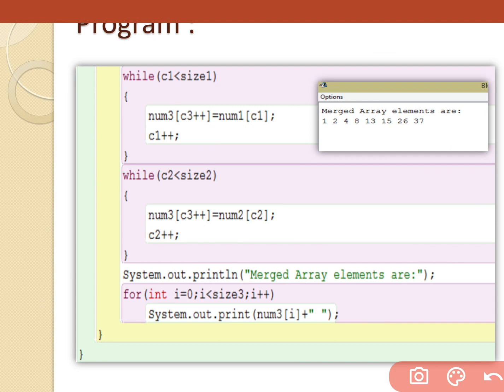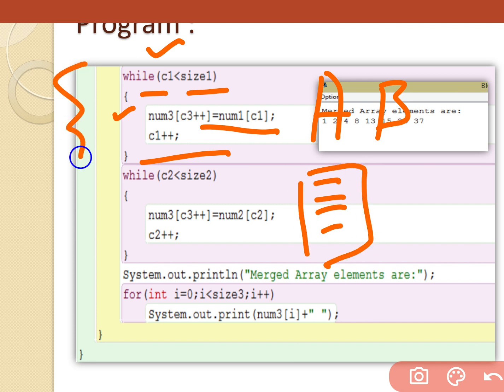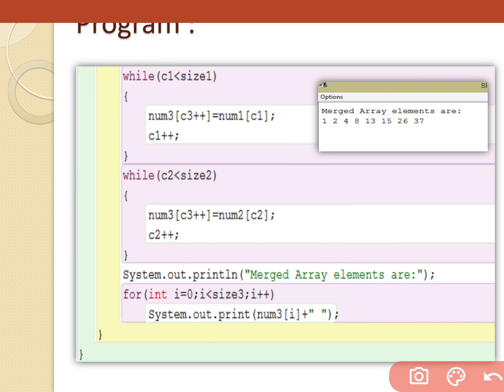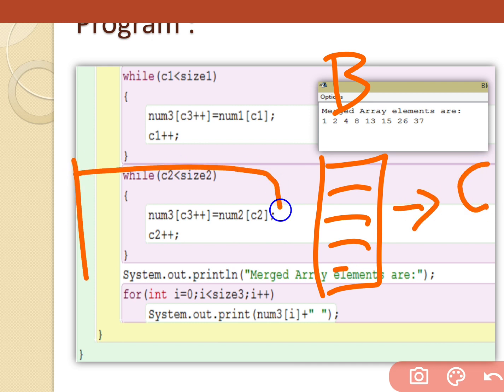Then we have to check whether the array counter is smaller than size or not. If it's still smaller than the size, it means we still have to fill elements in the third array, from either A or B. Maybe elements of A remain, then we can fill them from here, or in some situation B remains with a few elements, and we have to fill B inside C. This is the logic we have.